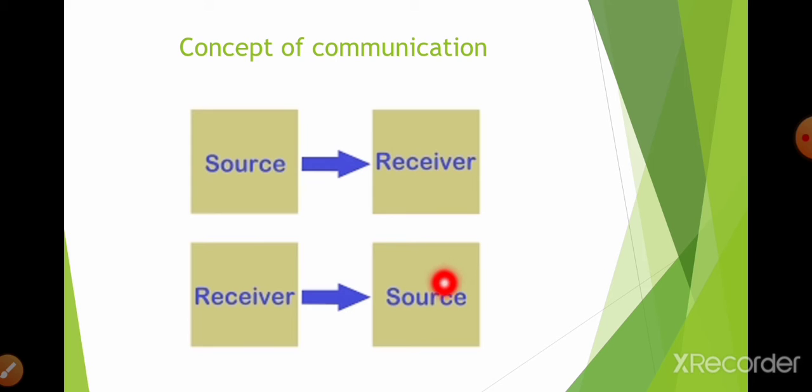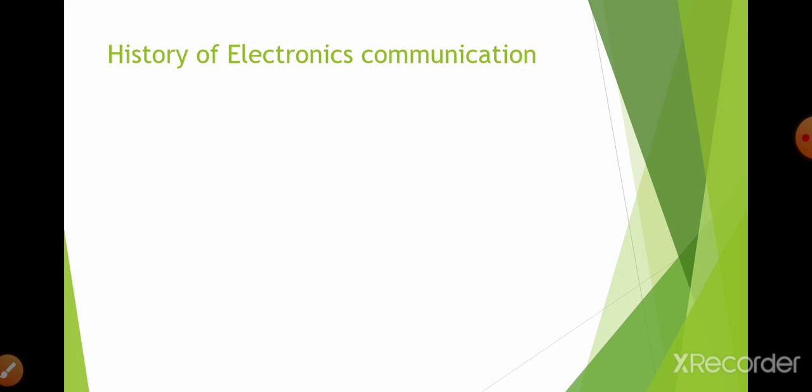At the same time, your friend, when you are talking with your friend, also functions as a receiver and transmitter, because he is also talking and receiving. That means he also functions as a transmitter and receiver. So this is the concept. The source, the transmitter, can transmit the information, then the other part can function as a receiver. When this part functions as a source, then the first part functions as a receiver. This is the concept of communication system.